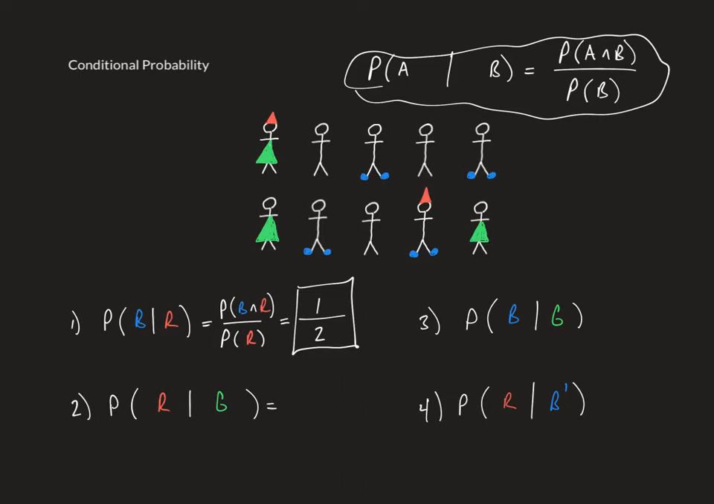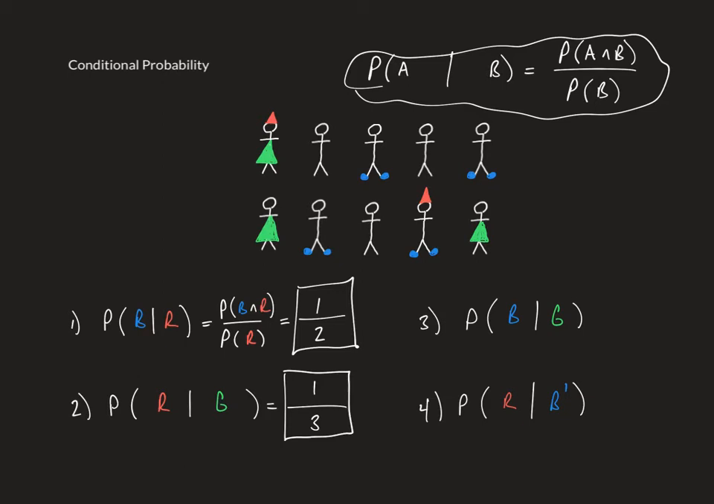The probability that someone has a red hat given that they're wearing a green dress. So how many green dresses do we have? We've got 1, 2, 3 green dresses, so that's my denominator. And of the green dresses, how many of them also have red hats? 1. So the probability of someone wearing a red hat, given that they have a green dress on,